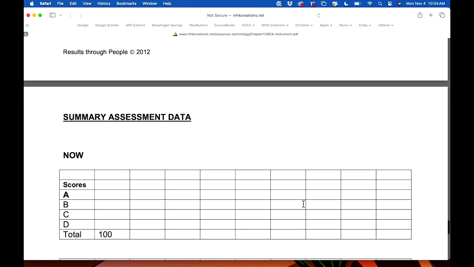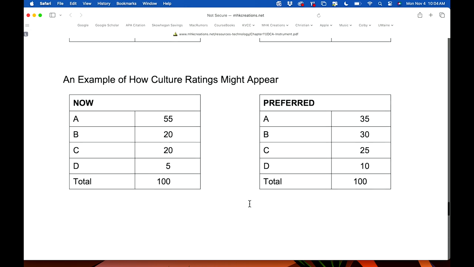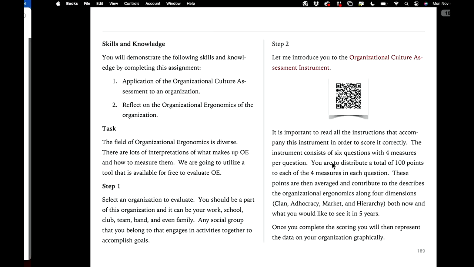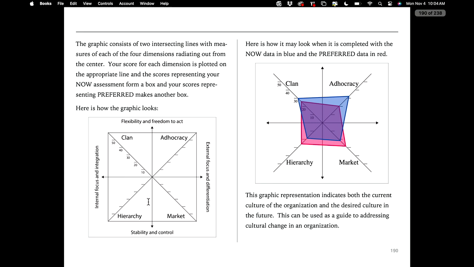Okay, now this stuff right here, you don't have to worry about. What I'm then going to have you do with this information, so you have A, B, C, and D, 55, 20, 25, you have A, B, C, and D. This is what it is now, this is what it's preferred. We then go back to this course book, and I show you this